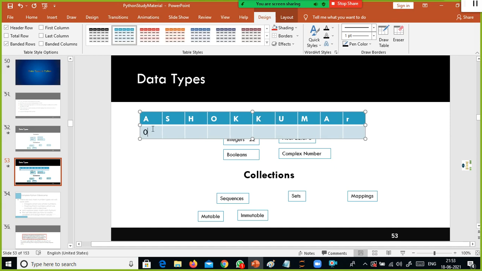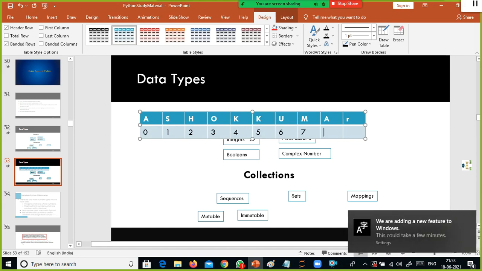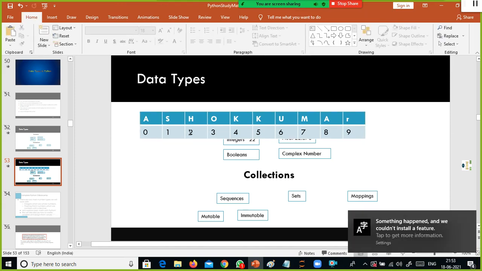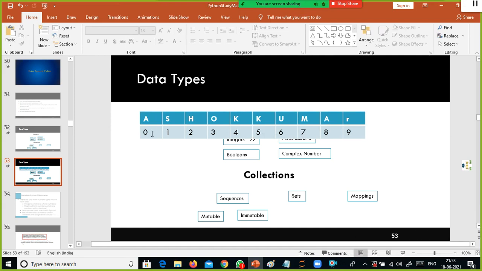So in the memory it will maintain some indexes, 7, 8, 9. This is the memory location, in which location of the cell what value is there.